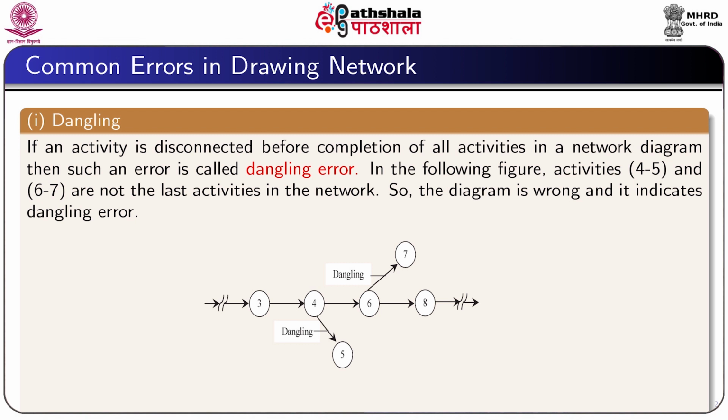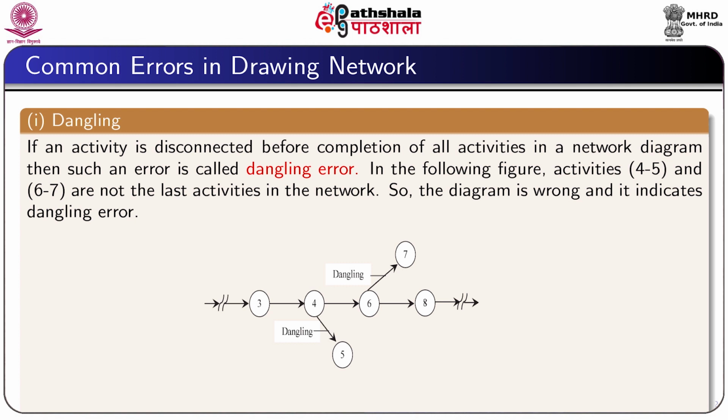Now, we will explain the common errors usually occurring while drawing a network. There are mainly three types of error which occur while we draw a network. First one is dangling. To disconnect an activity before the completion of all activities in a network diagram